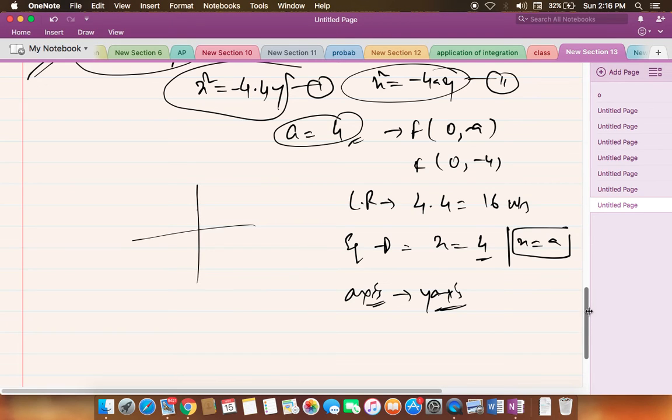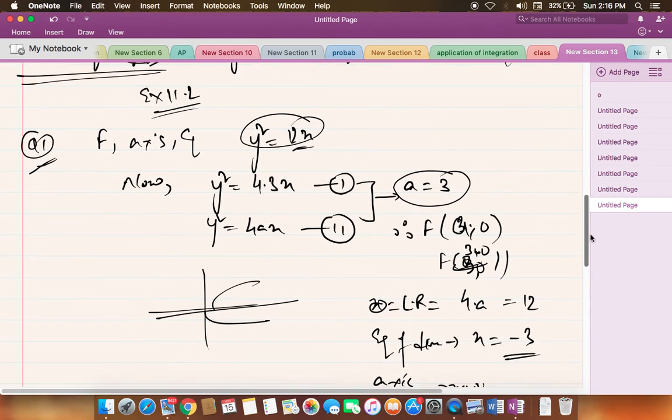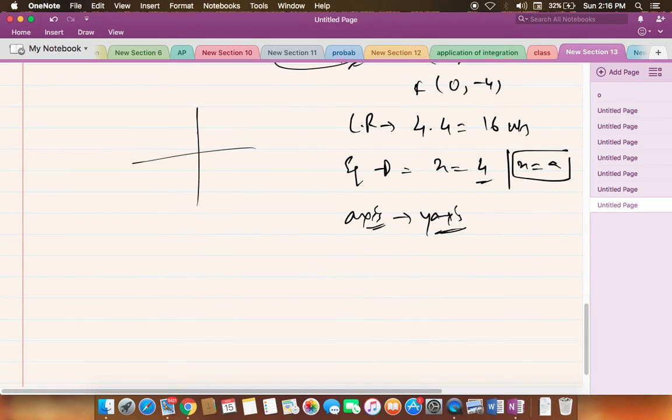Please copy all of these down and let me know if you have understood all of this or not. Your homework will be given till question number 7. All the numericals are the same. Just use your brain till question number 7 and let me know if you face any doubts, and if you have any difficulty doing this numerical, just let me know on WhatsApp or in Google Classroom. I'll definitely try and solve it.